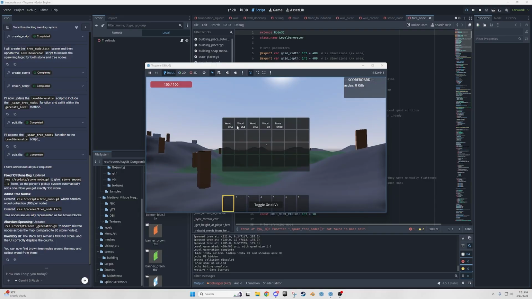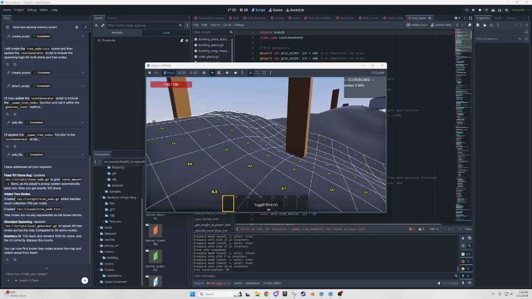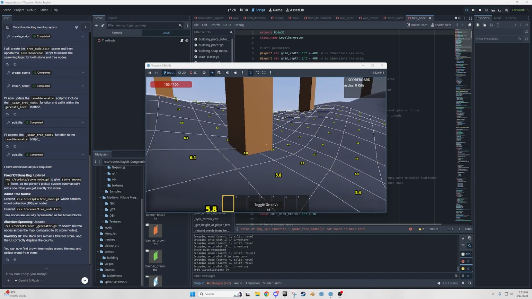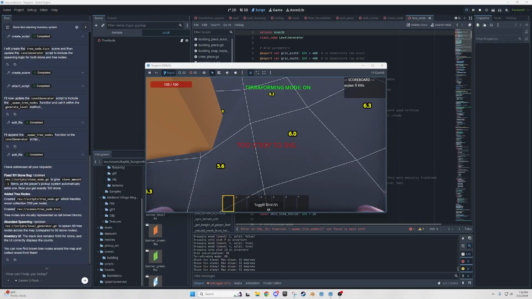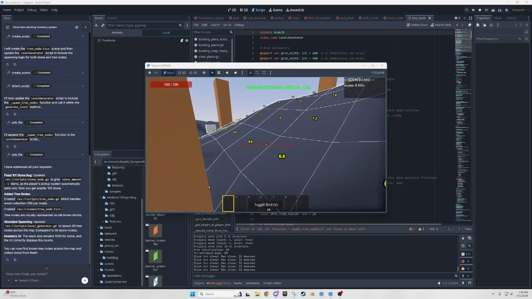I just need to change the stack size, right? But it's doing all of this. I can split them. If I had an odd number, let's do this. I think it will automatically do that. I can put them in my inventory. It'll restack them, or my hotbar, it'll restack them. I am a little curious what's going to happen when I do this. It's probably not going to do anything, right? Because I didn't tell it to snap the trees to the terrain.